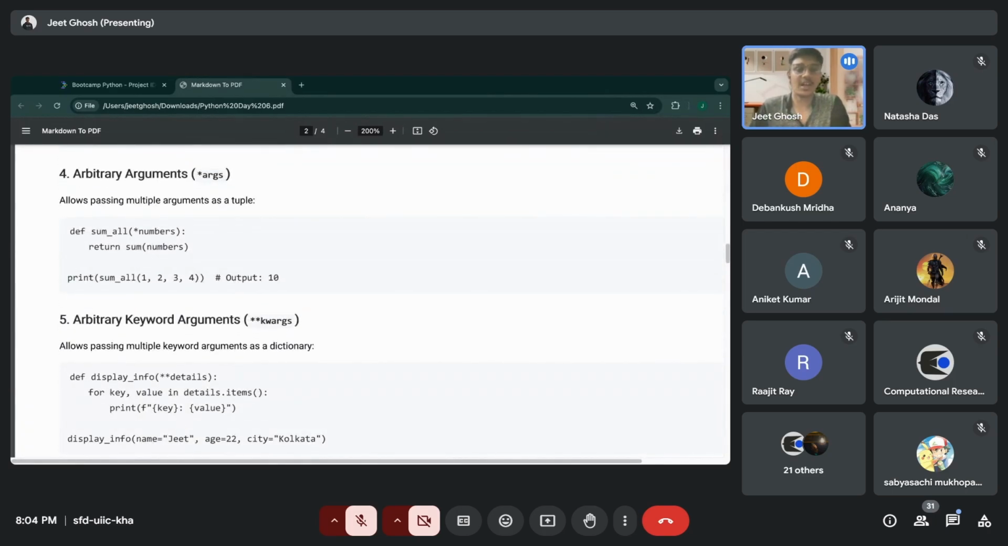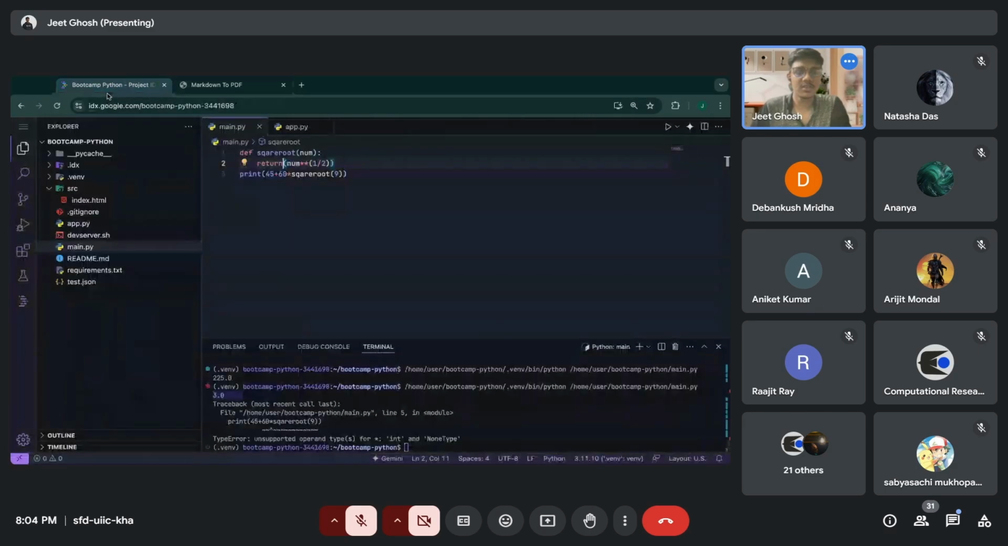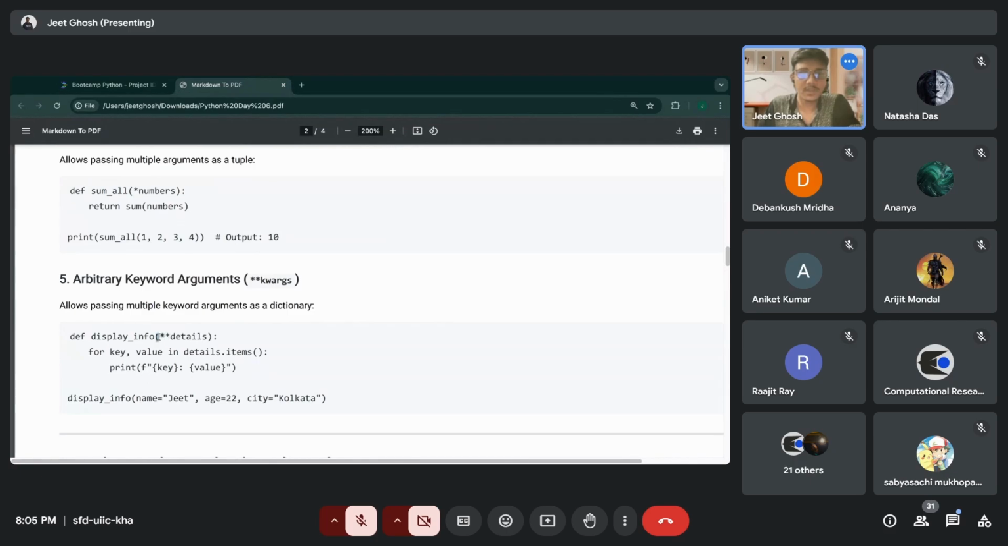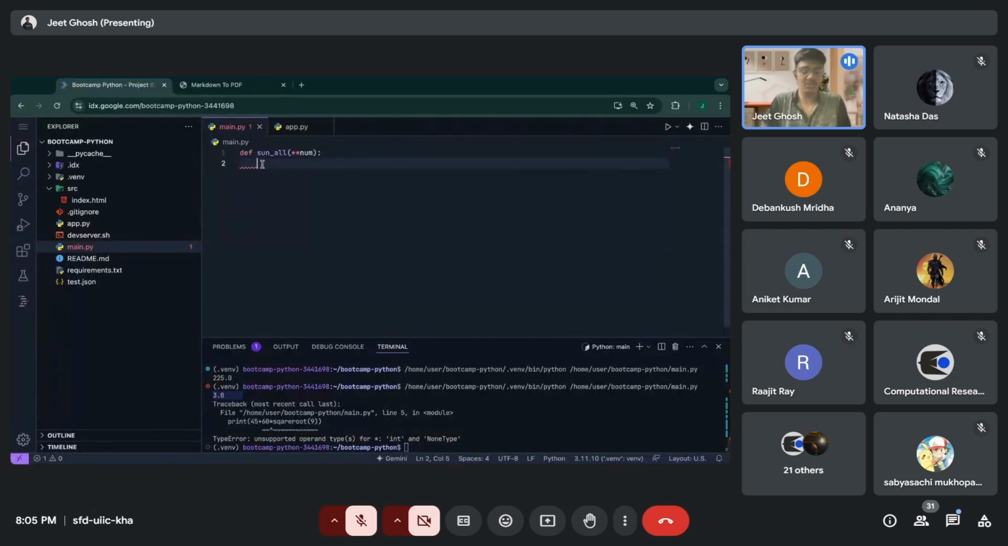ঠিক আছে, আর একটা হচ্ছে আরবিটারি আর্গুমেন্ট। সো হোয়াট ইজ আরবিটারি আর্গুমেন্ট? যদি আমি জানি না যে আমি কতগুলো আর্গুমেন্টস এতে পাস করবো, সাপোজ এই নামে স্টার দিলাম, আর লিখলাম সাম অল বলে একটা ফাংশন বানালাম। এবার আমি জানি না সাম অলে কতগুলো নাম্বারকে সাম করতে হবে, তো দ্যাট টাইম আই ক্যান ইউজ ডাবল স্টার। দেন আই এম গেটিং ডাবল স্টার। সো যদি আমি এখানে প্রিন্ট করি তাহলে বুঝতে পারবি।